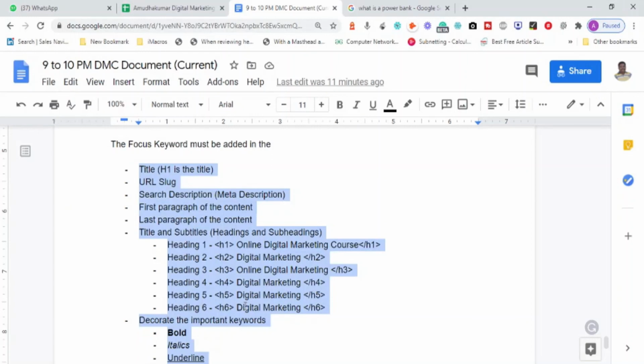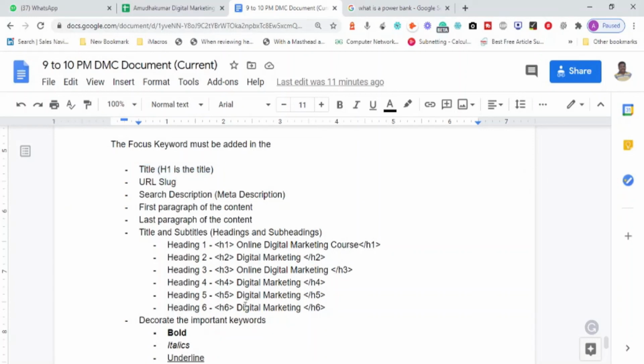You have lips, but apply lipstick on it. That has a beauty, correct? So what I'm trying to say is, you will have a title for your article, but make sure that your title has your focus keyword. Okay, right? So like this, you can compare this to the beauty of a woman.